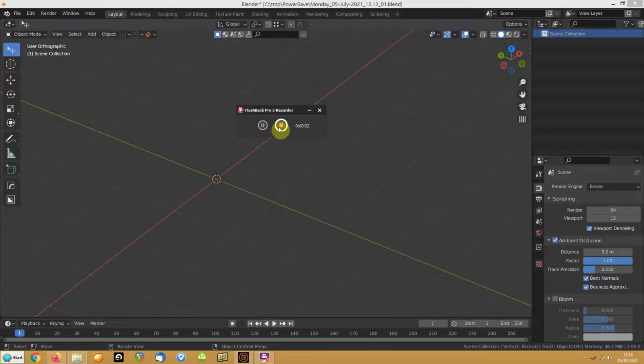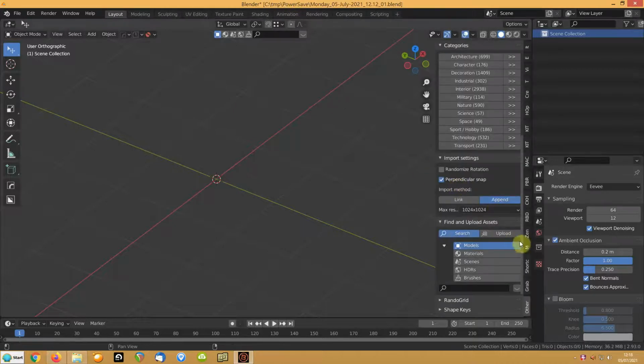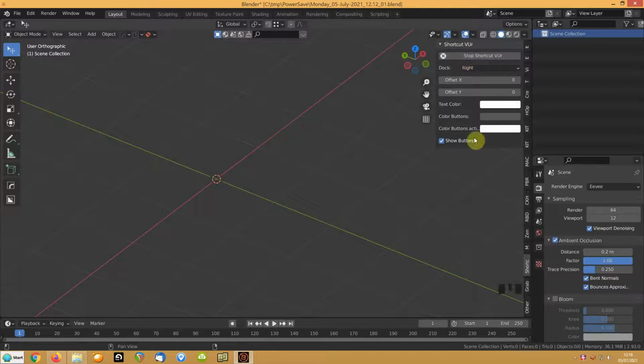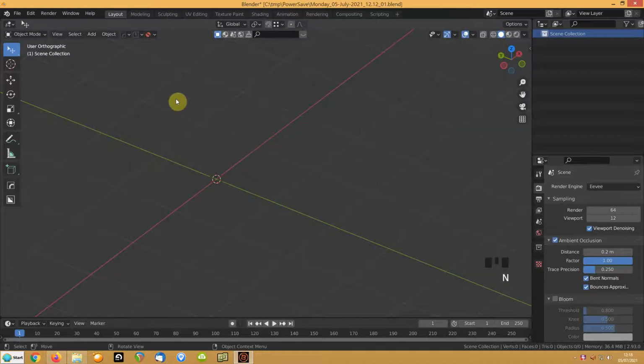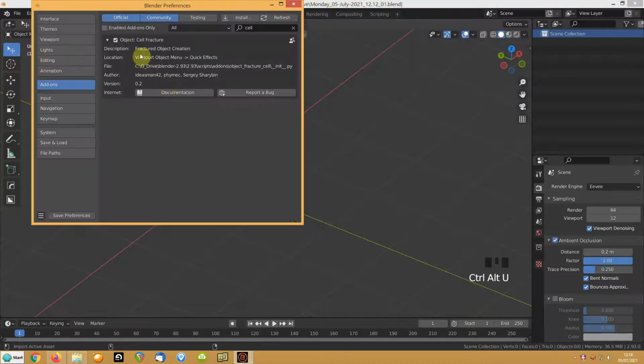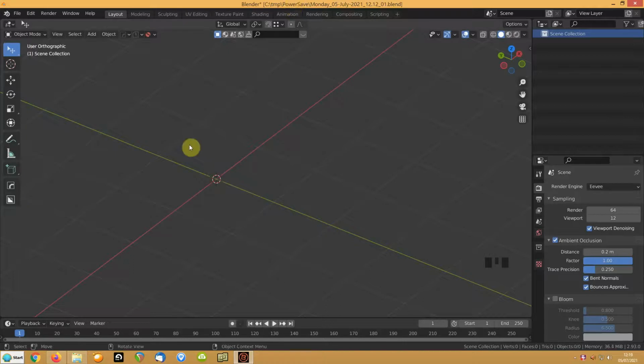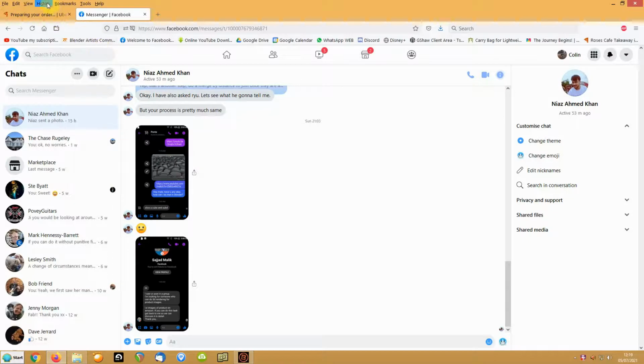So I decided to do a small video on the whole cell fracture thing. Make sure the shortcuts are on for now. Okie doke. To make it work, make sure cell fracture is enabled, otherwise obviously you're not going to get access to the add-on. So I did this based off a